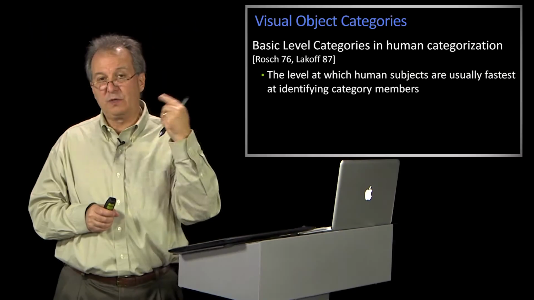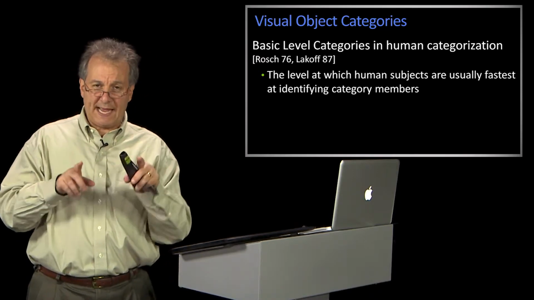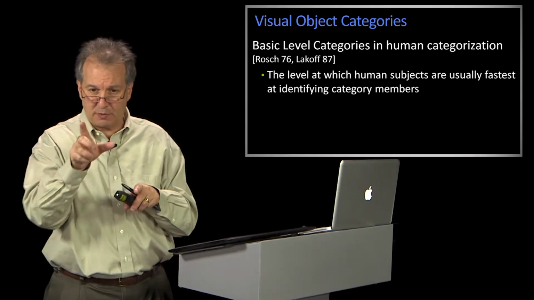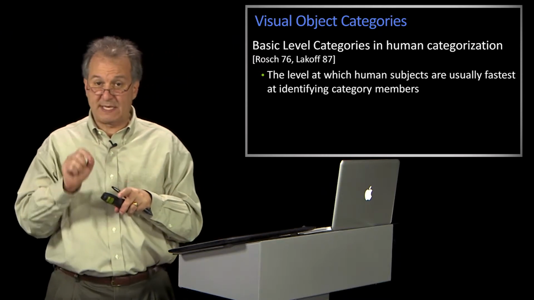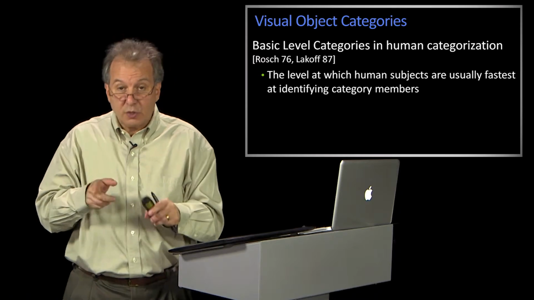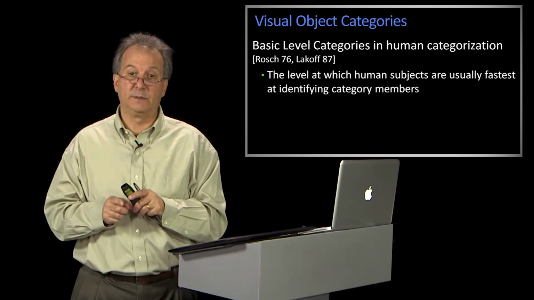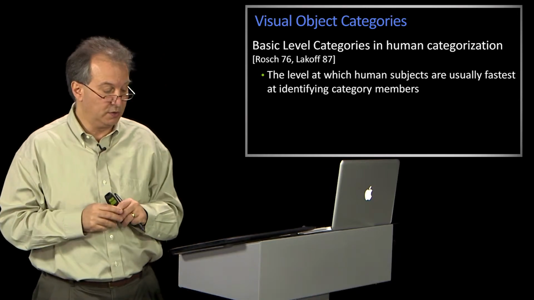By the way, you can do reaction time experiments where, let's suppose you want to ask people to push a button, yes or no. I'm going to show them a picture, and one task is you're supposed to say, is it an animal? Another task is you're supposed to say whether it's a dog. It turns out you're faster at knowing that it's a dog than you are at knowing that it's an animal. And that's a very robust finding.